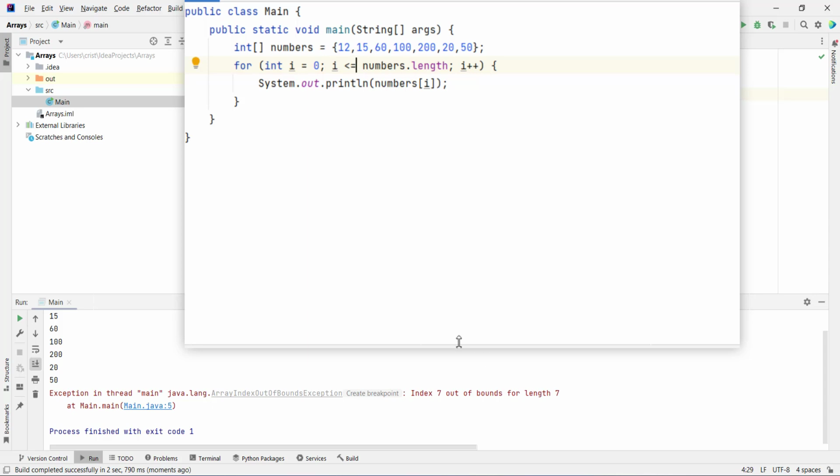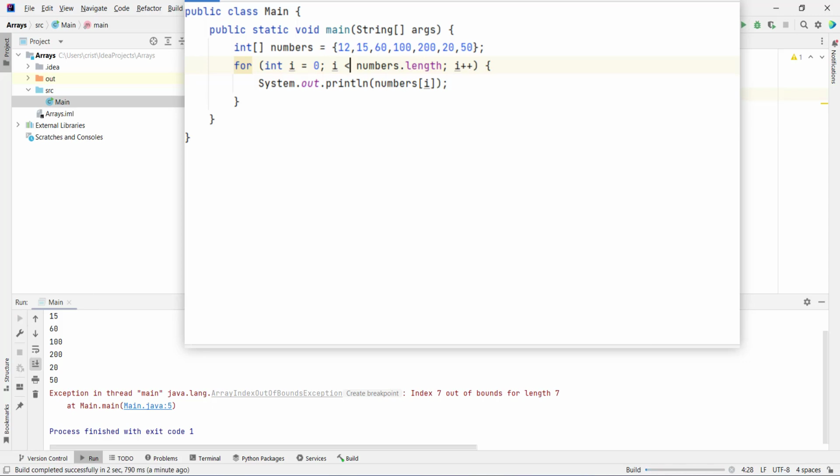So it's saying that because our elements are stored at indexes, we have here 1, 2, 3, 4, 5, 6, 7 elements, but the last index is 6. When we put here for i is less than or equal to numbers.length, we try to get the index 7 in this line of code, and index 7 does not exist. This is why we get this index 7 out of bounds for length 7. What we can do in this case is put less than without equal, and the code will work,